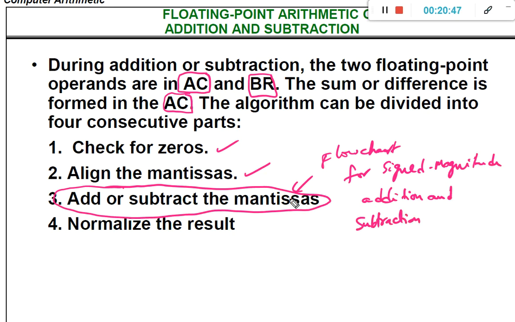Okay, so we have to substitute that particular flow chart here, and finally normalize the result. We need to normalize the result. So what are the additional steps needed here? We need to check for zeros, we need to align the mantissas, and we need to normalize the result.